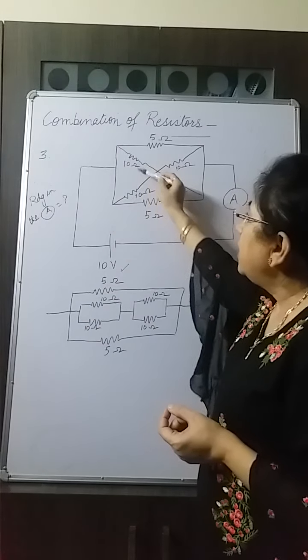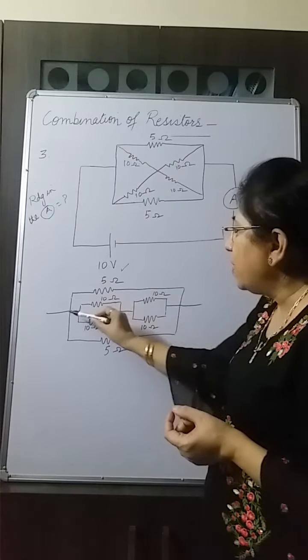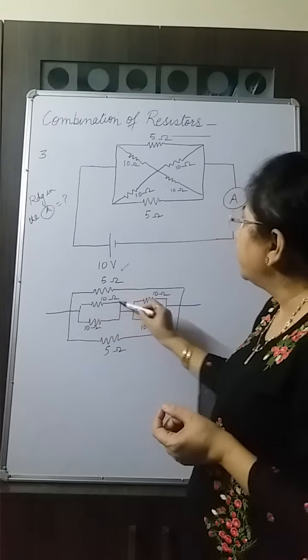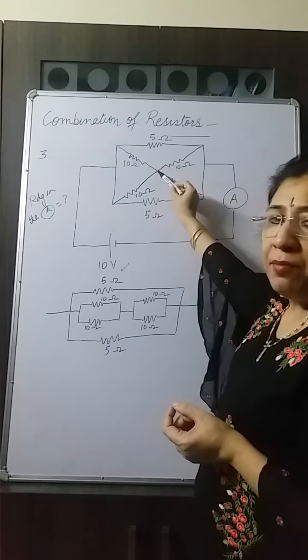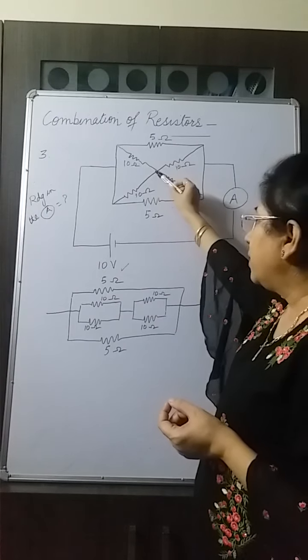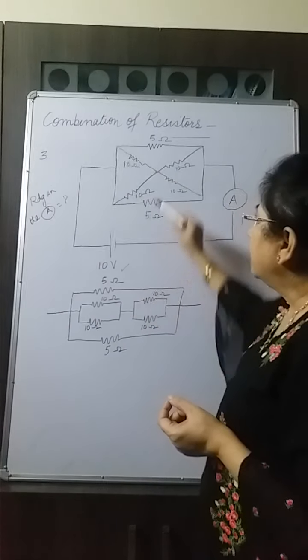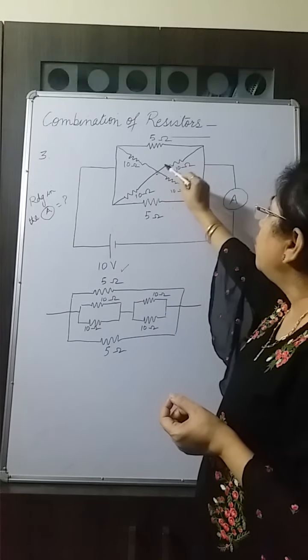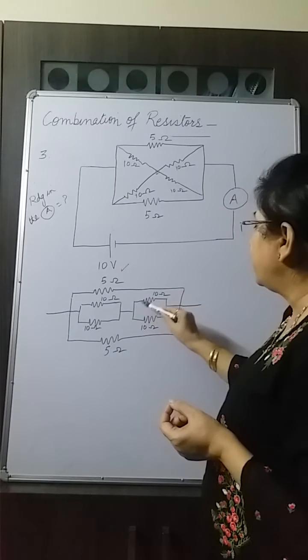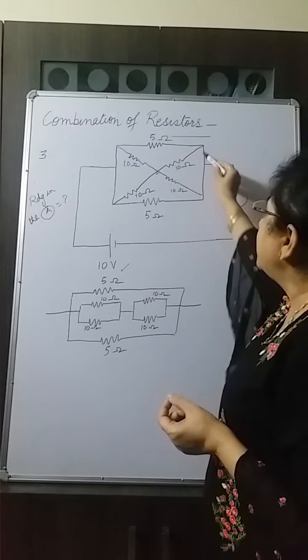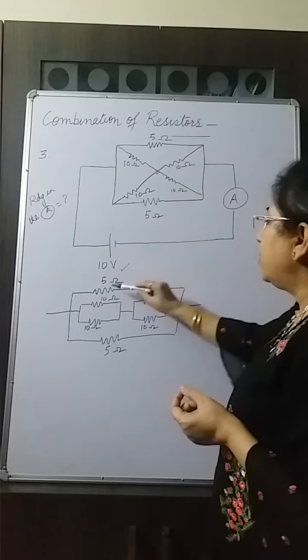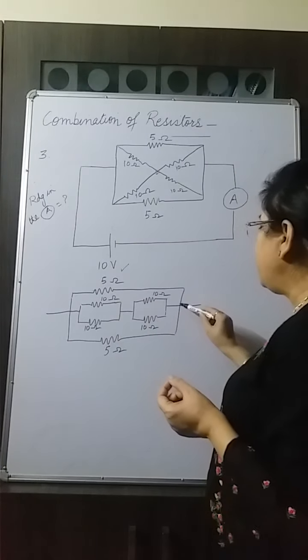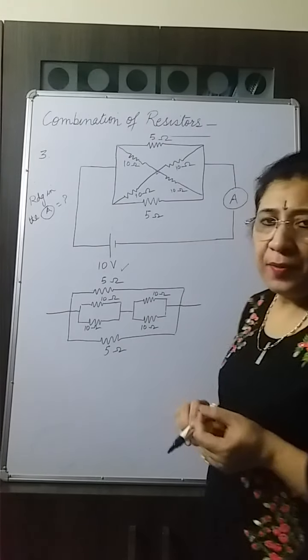Again, both these 10 ohms are also starting from the same point. Here they meet, the wires meet here. From here again, the wire breaks up into two parts of 10 ohm each, and again this 10 ohm joins together where the 5 ohm and 5 ohm are meeting, and this is the combination.